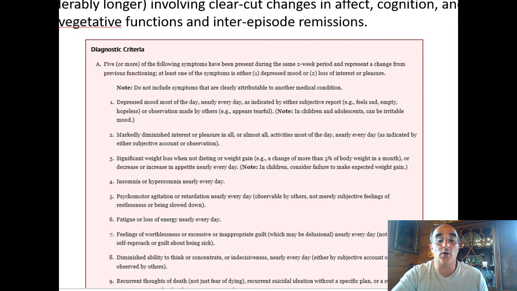psychomotor agitation or retardation nearly every day, observed by others, not merely subjective feelings of restlessness, but being slowed down. So we're talking about a slowing down of motor functioning. Fatigue or loss of energy nearly every day, feelings of worthlessness or excessive or inappropriate guilt, diminished ability to think or concentrate or indecisiveness nearly every day, and recurrent thoughts of death, not just a fear of dying, but recurrent